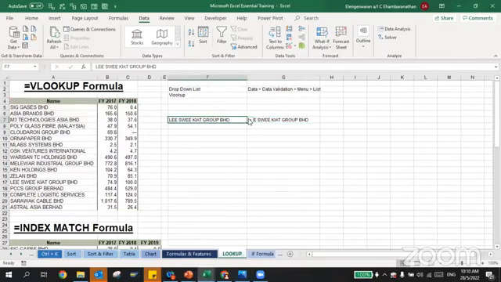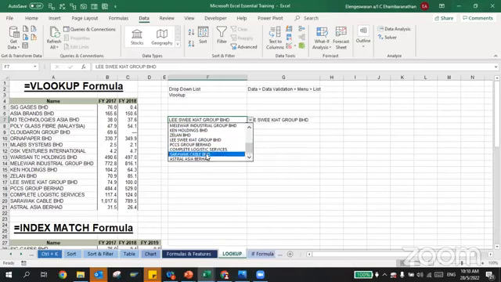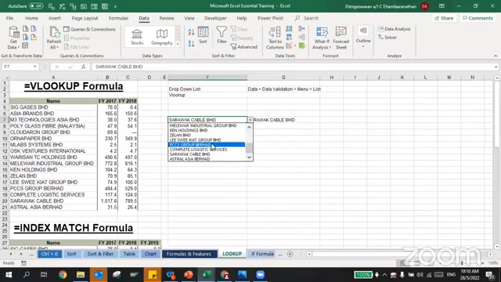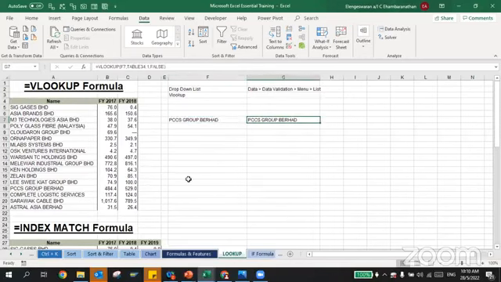Now if I change this to maybe Sarawak Cable, it changes to Sarawak Cable as well. If I change this to maybe PCCS Group Berhad, it changes as well. I know some of you might be lost, but again I'll repeat, equal